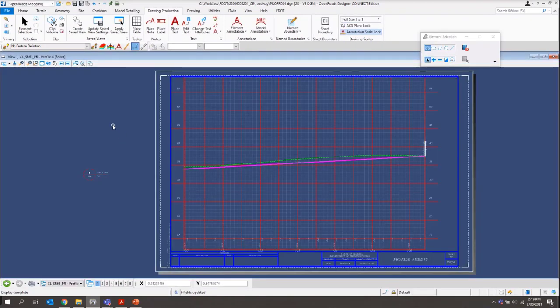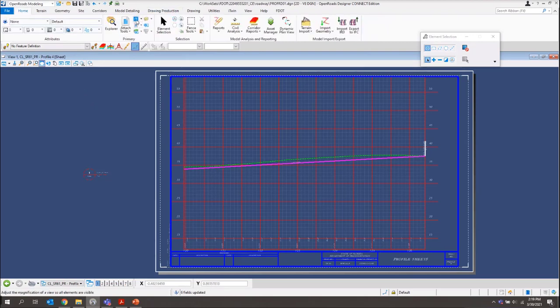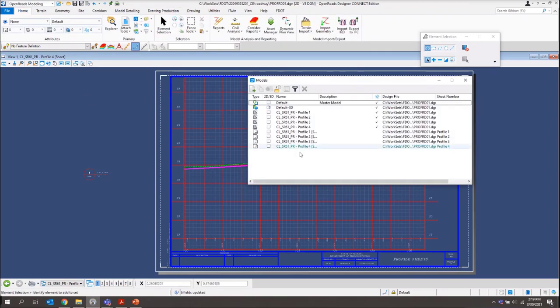And once again, this brings us to the last sheet that it creates. So let me come back to the Home tab, open up this models dialog. And this time we've only got our profile drawing models as well as our profile sheet models created. And if I switch to